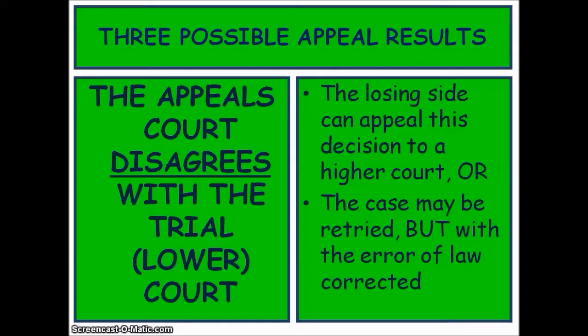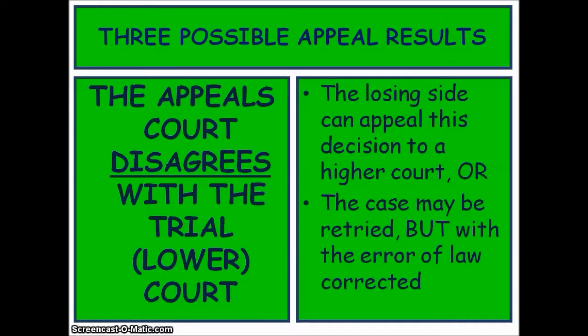We're going to look at the court system and the U.S. Supreme Court in particular, and the concept of judicial review within this lesson. But this is just the general idea of an appeal. The idea is, for an appeal to occur, there must have occurred an error of law. In other words, a legal mistake made in the trial court or in the lower court. If the appeal is found in favor of the appellant, the person who filed the appeal, that doesn't mean in a criminal case that they're set free.